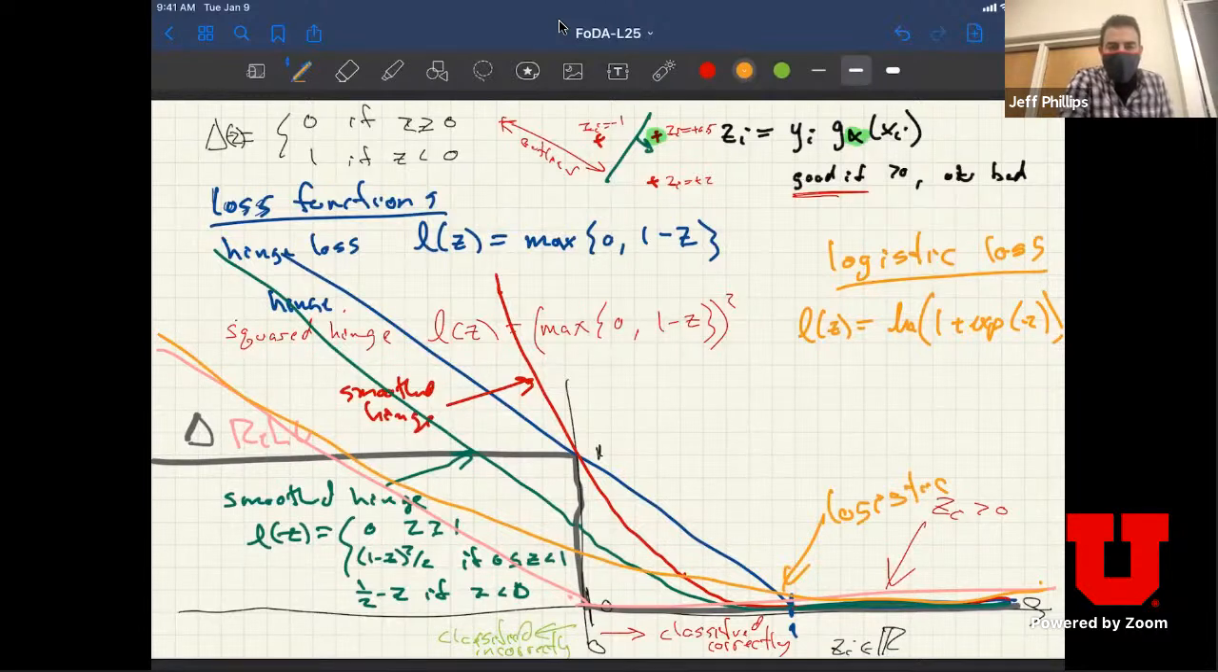Yeah, rectified stands for rectified linear unit. Yep, so that's just some nomenclature. We will mention it again in the